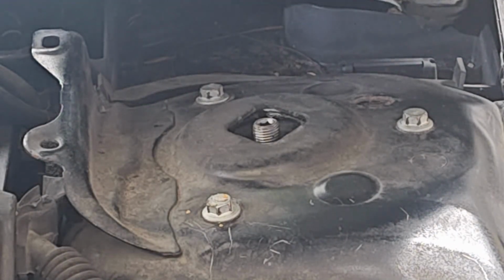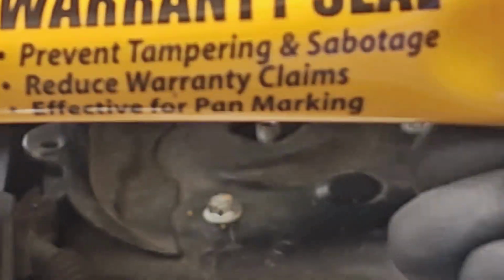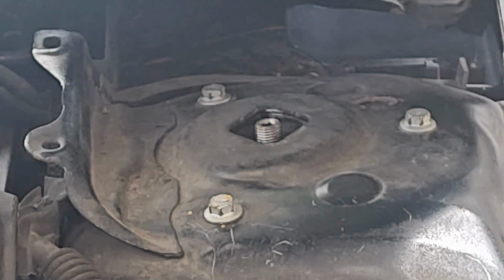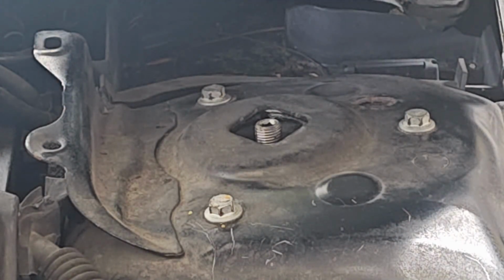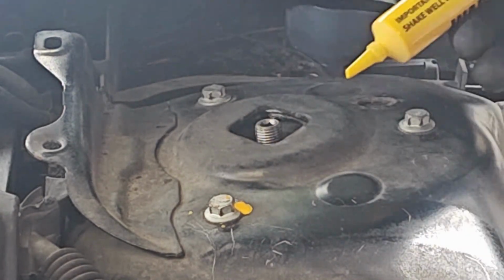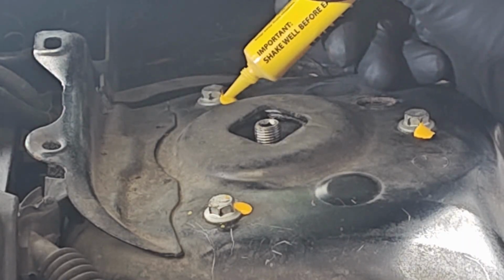And once they've been torqued down, you want to take your torque seal, your warranty torque seal. You can see it right here. You have to shake well, right? Got to give it a good shake. It thickens it up a little bit. And then just put a little dab here on each bolt where it meets the frame or whatever your application is. This way you'll be able to know if it's moving,